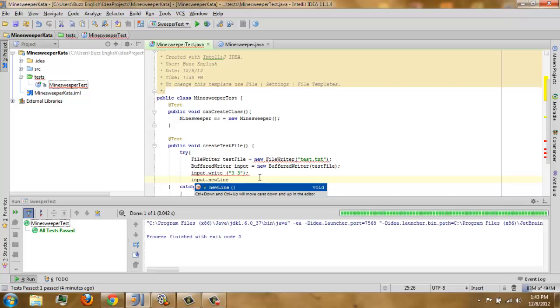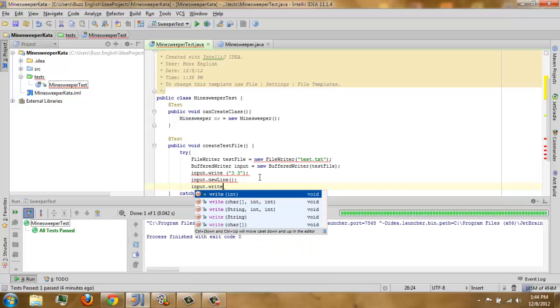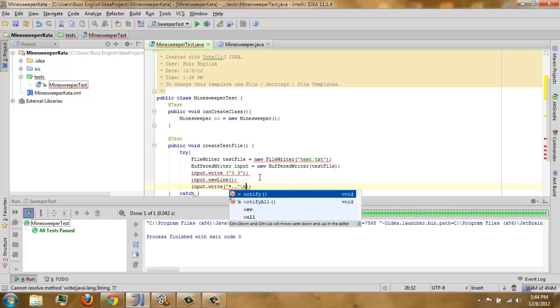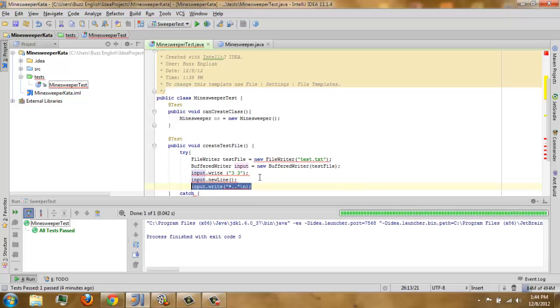So next, input new line, just to make a new line and then input that. So we will write our grid. What do you write, Mer? Just an asterisk, dot, dot, then backslash n, inside the apostrophe.